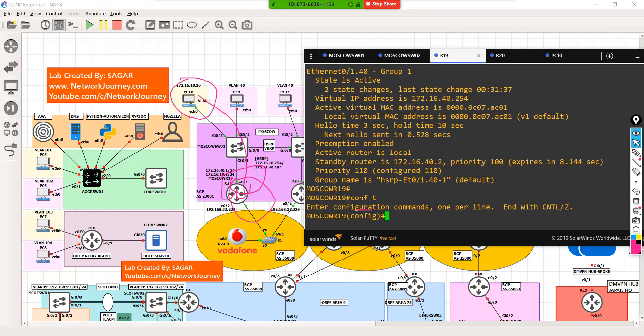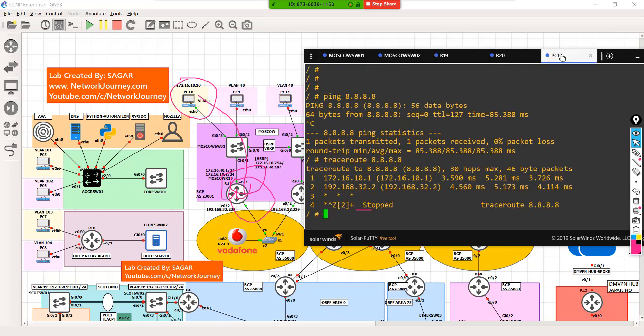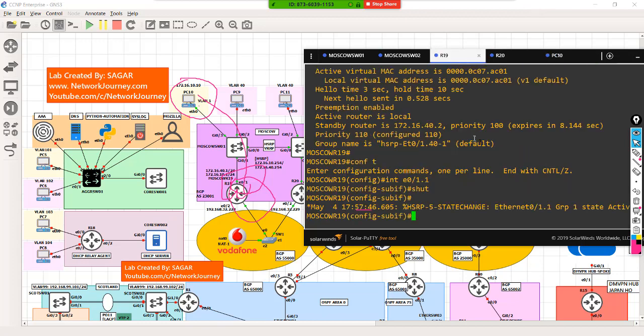Now let's say I bring it down. Let's see how much time it takes for the device to recalculate and reconverge the traffic. So let me shut this down. Let's give a quick ping. Okay, so let me see what is not proper.